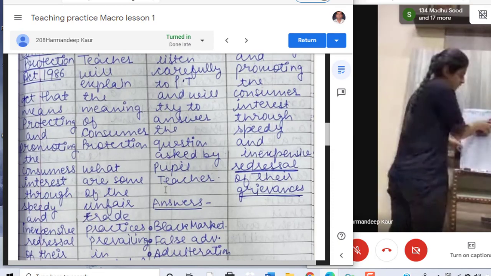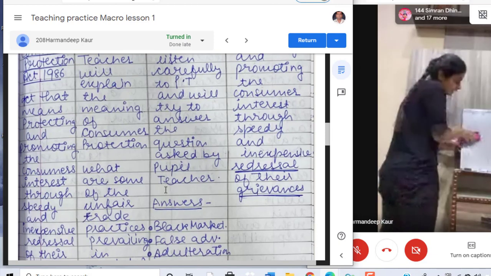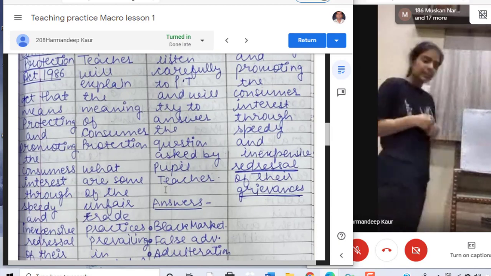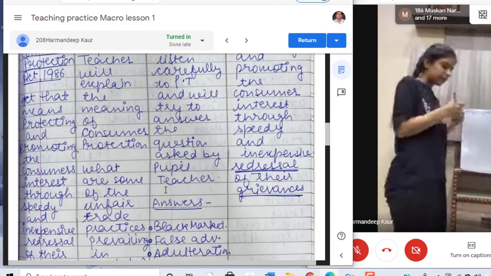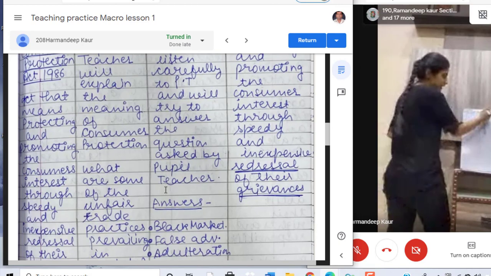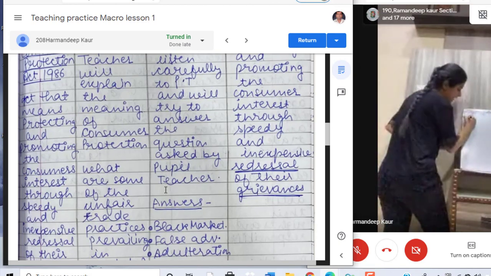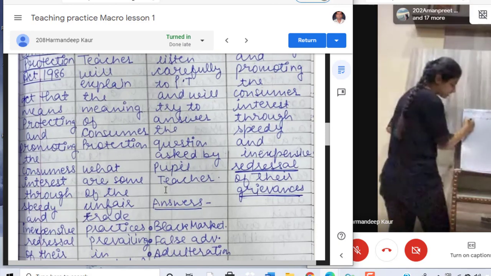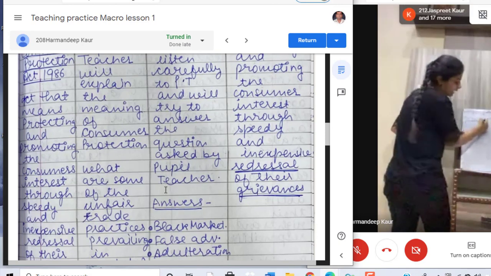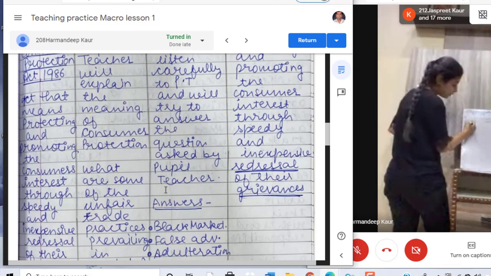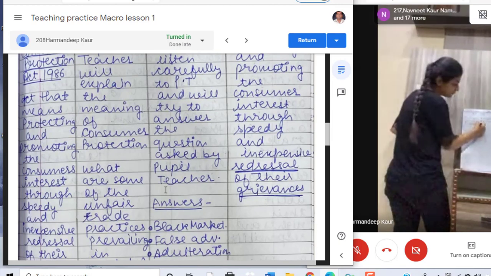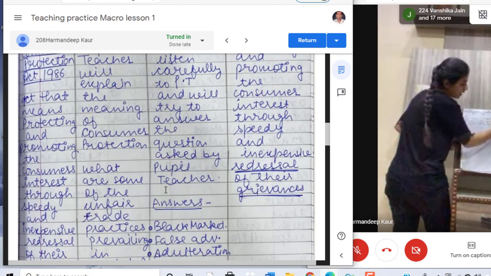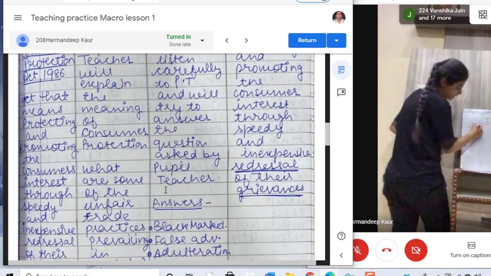Now, what is Consumer Protection Act? Consumer Protection Act क्या है? Consumer Protection Act is an act that protects and promotes interests of consumers